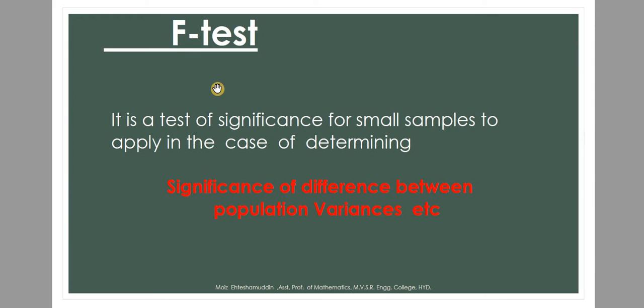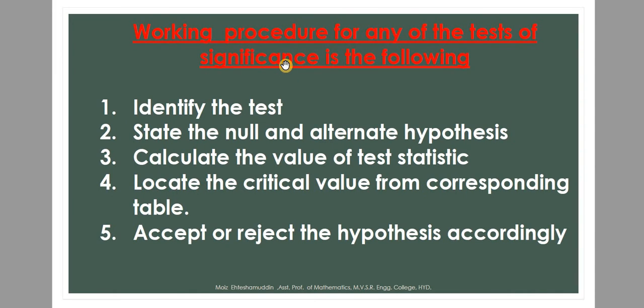So the f-test is basically used in checking the significance of the difference between population variances. There are so many other cases also, but in the syllabus we are limited only to this particular case. You know from earlier sessions that I have repeated this slide. These are the 5 steps to be remembered. You have to identify which test of significance is to be applied, and what the null and alternative hypotheses are. Better that you see the session on the t-test, you will get a lot of clarity, I hope.